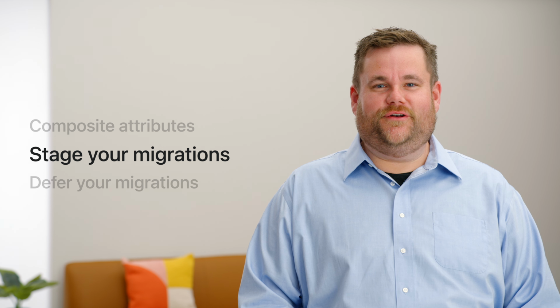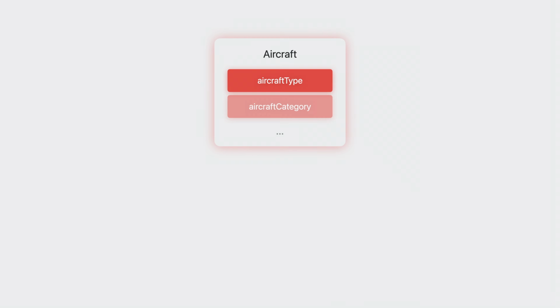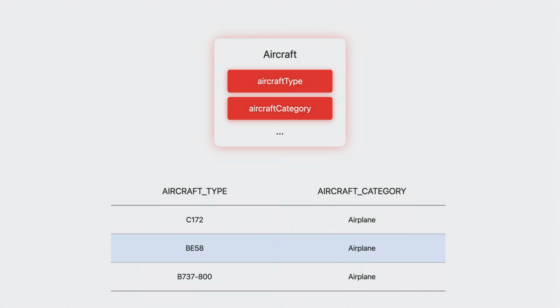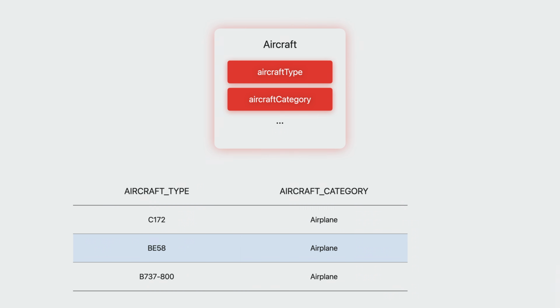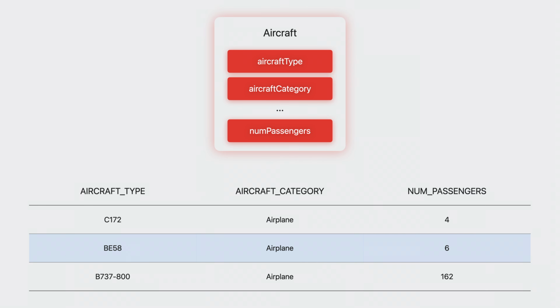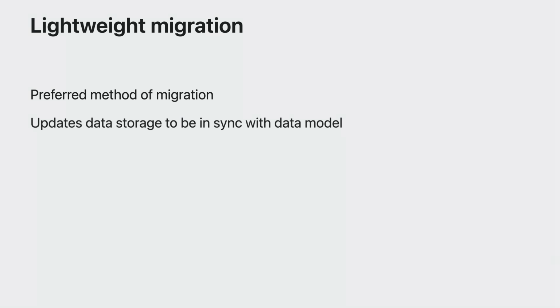As an application evolves, it may become necessary to change the data model. Updating the data model requires that those changes are materialized in the underlying storage schema. If a num_passengers attribute is added to the model, the corresponding storage must be updated. The process of performing schema changes is called migration. After migration, the changes are fully reflected in the underlying storage.